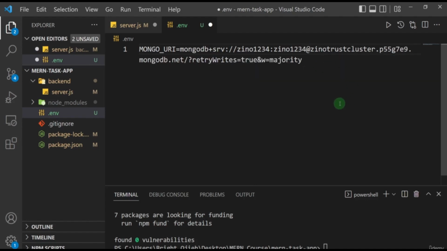Then another thing we're going to do is, before this question mark and retryWrites, we're going to specify the name of our cluster, or sorry, the name of our collection. So in MongoDB, your data is going to be saved inside something that looks like a folder. That thing is actually called a collection, right? So the name of that collection you can specify after this slash. So after mongodb.net/ and before the question mark, you can specify the name of the collection. So in my case, I'm just going to call it